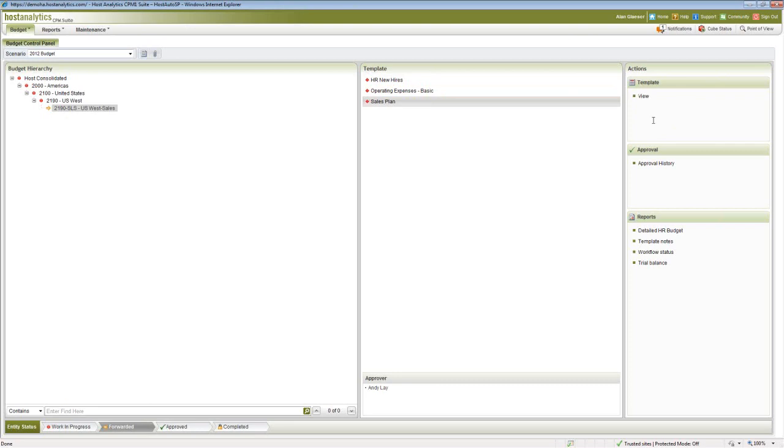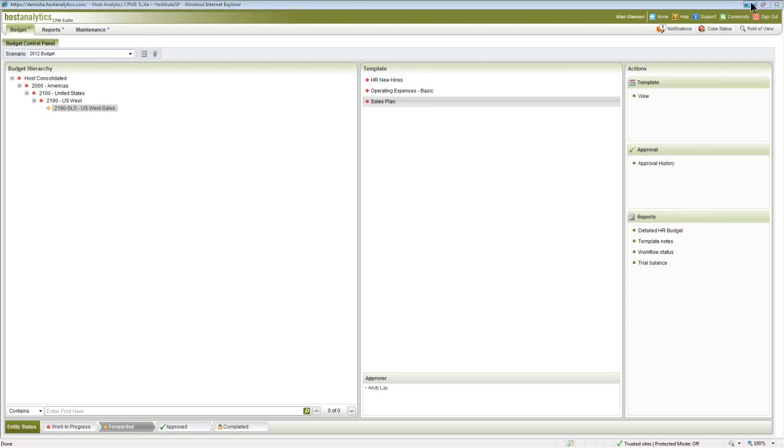And finally, there's also an email going to be sent to, in this case, Andy Lay. And that lets them know that you need to log on to host and look for that template and go through your normal process of approval. So this user, Alan, is done for the moment. So what I'd like to do is show you now the next role.